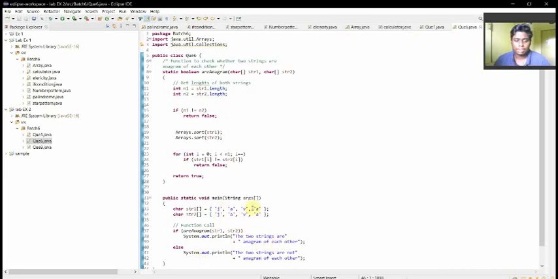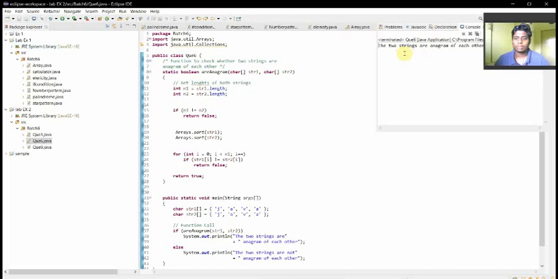If I change any letter in either of them, so that character 1 is not equal to character 2, it shows that the two arrays are not anagrams of each other. Now I'm going to execute it.